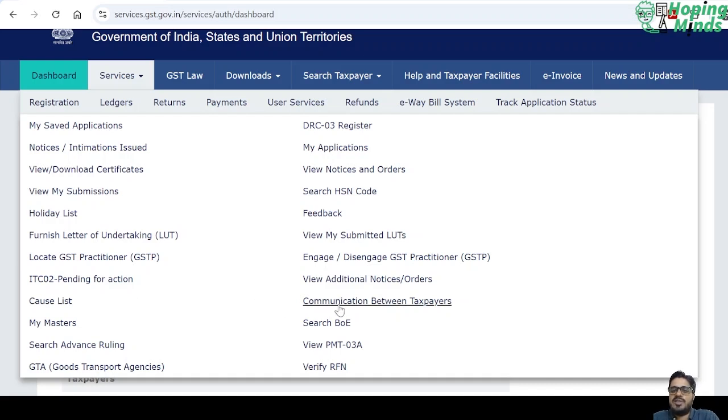Communication between taxpayers. This functionality enables two taxpayers to communicate without sharing their communication details. My masters. If I have created masters of my vendors or anything, then this my master tab will